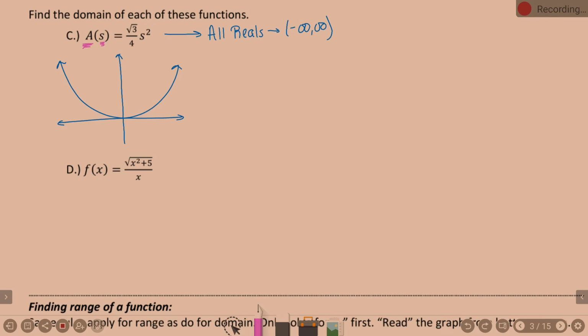Yes. It adjusts our domain not because of what numbers we can legitimately plug in there, but because of what a side length can be. So because of that, I'm going to change my domain to be only positive numbers. Okay? So,